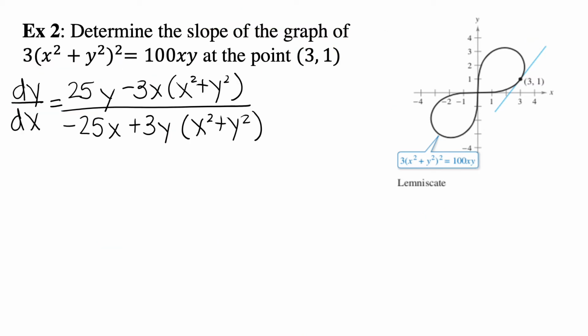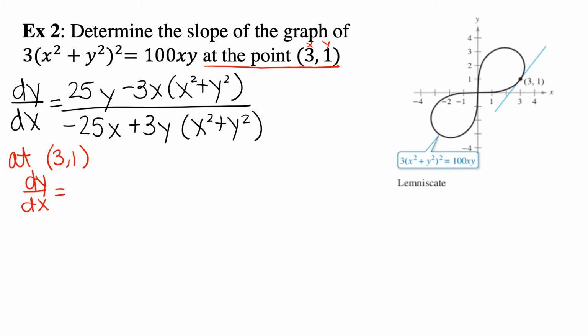So as we continue with this very same problem, on our last slide we found our derivative and it's funky looking, and like I said in the last one, you could distribute that negative 3x through and that positive 3y through, but I'm going to leave it because this is going to be a little bit easier for me to do the mental math this way. Now from here we actually want to find the slope at the point 3, 1, so they're giving us our x and our y. Now remember, before when we weren't doing implicit, you would only need to plug in your x value, but here we need to plug in both our x and our y. So at the point 3, 1,